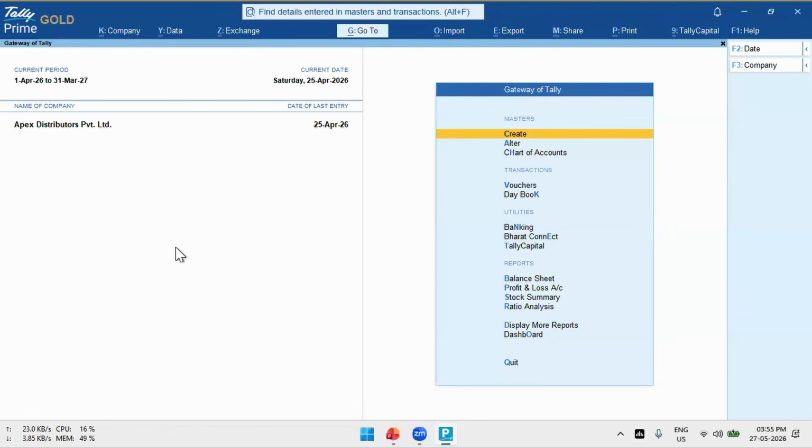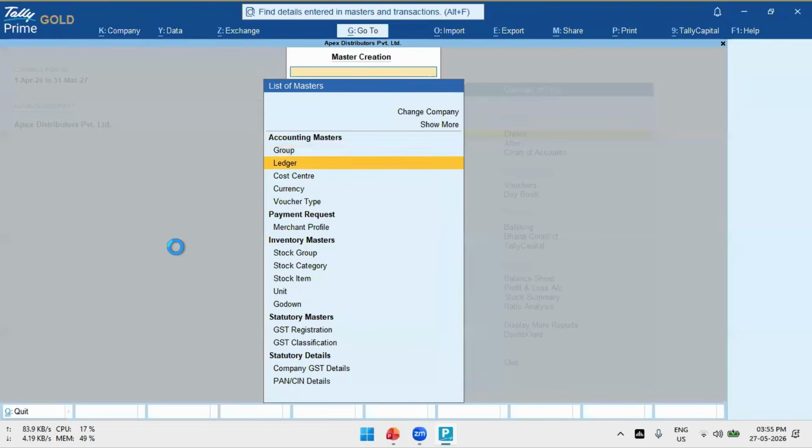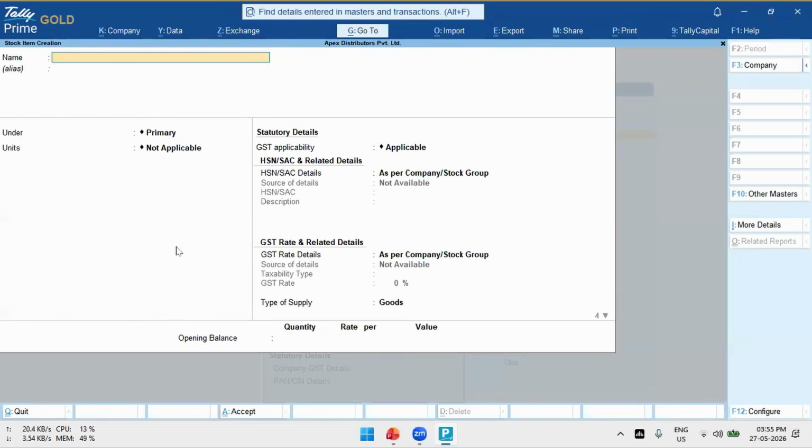Now the problem is whenever we try to upload these returns, at that time we get to know that these are the errors with the HSN. So at the time of filing, when we have huge workload or extreme pressure, these kinds of errors irritate basically. So what we have done in 7.1, whenever you create any ledger or any stock item where GST details are supposed to be entered, let's say I create one item,